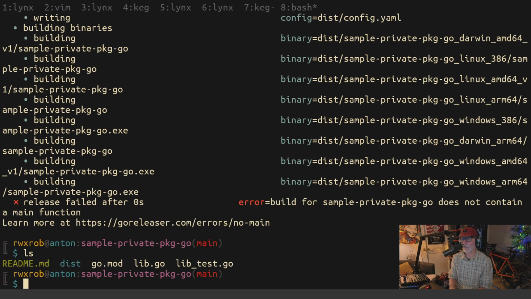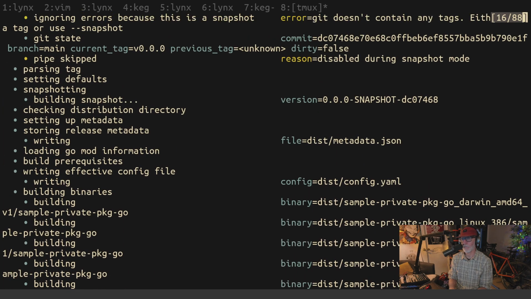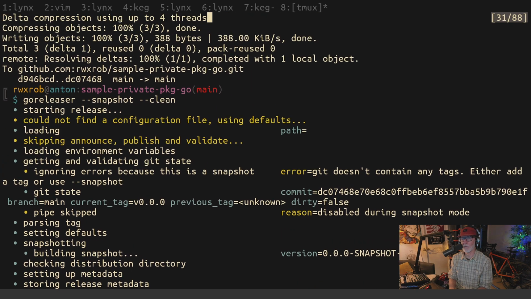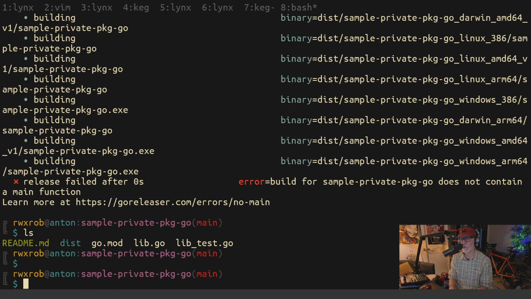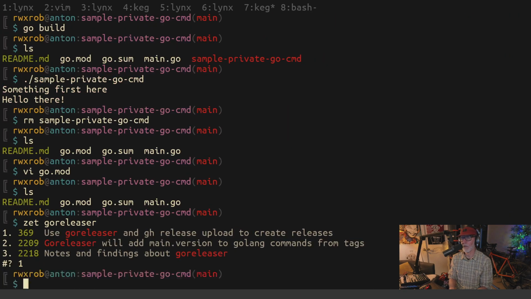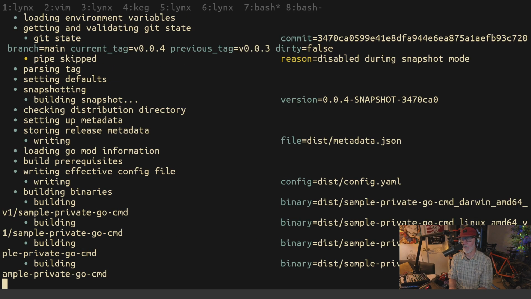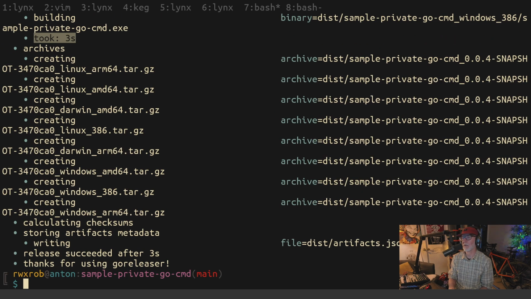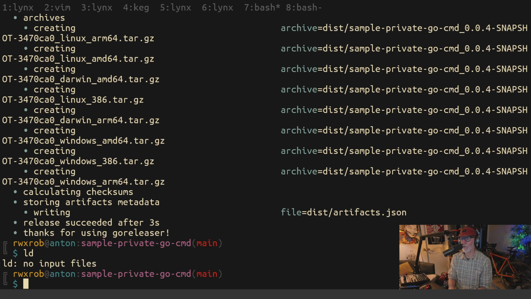But let's see here. What errors did we get? Error: build sample does not contain a main function. That's interesting. Where am I? Main function. Am I in the wrong thing? Yeah, I'm in the package directory. Derp. All right, so let's do it here. So you can run go releaser --snapshot --clean, and that'll create